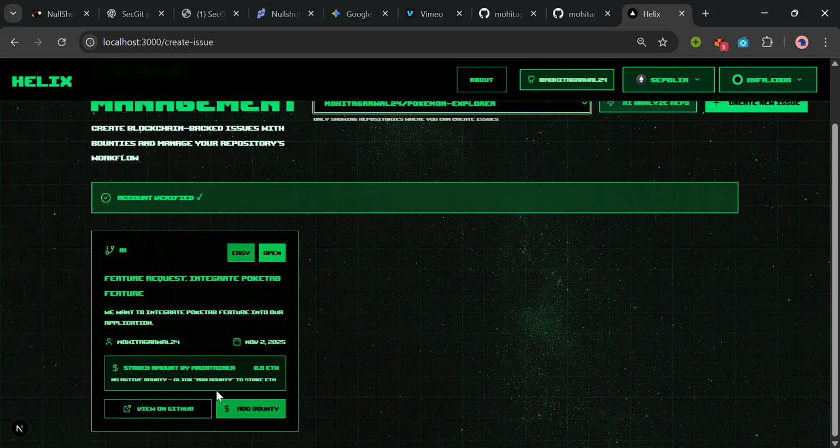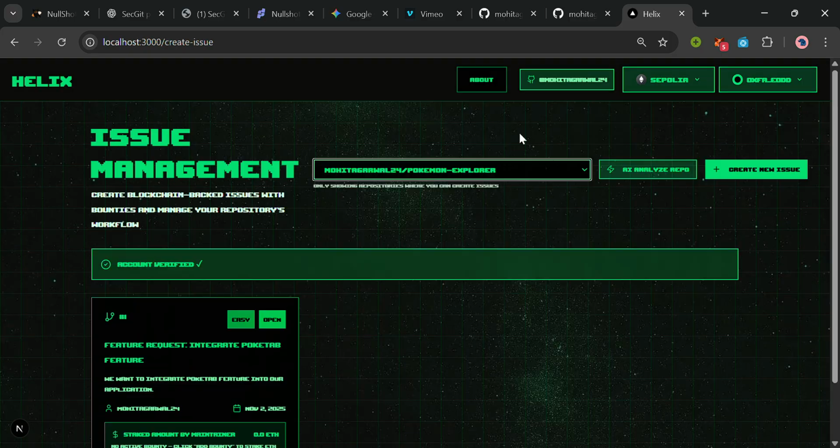We can either attach the bounty to it, or we can analyze this repo using our AI agents, which are from ASI-1 LLM, and then make that issue in GitHub as well, and then add a bounty to it. Let's do that first.